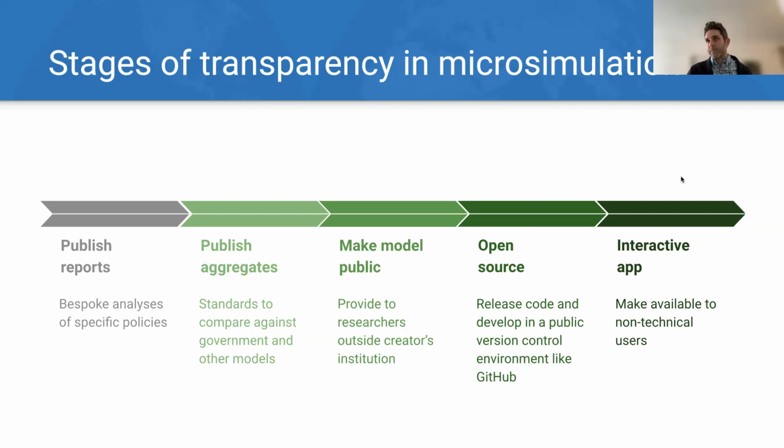And then the final step that we take is having an interactive app that allows anyone to access it. This isn't purely a research coding transparency kind of step, but it does get more eyes on the same product. And we've seen that as we have more users, we've been able to identify issues or opportunities to make our model more accurate, more representative, and ultimately produce more informative, more relevant policy analysis. And we also make our app open source as well.